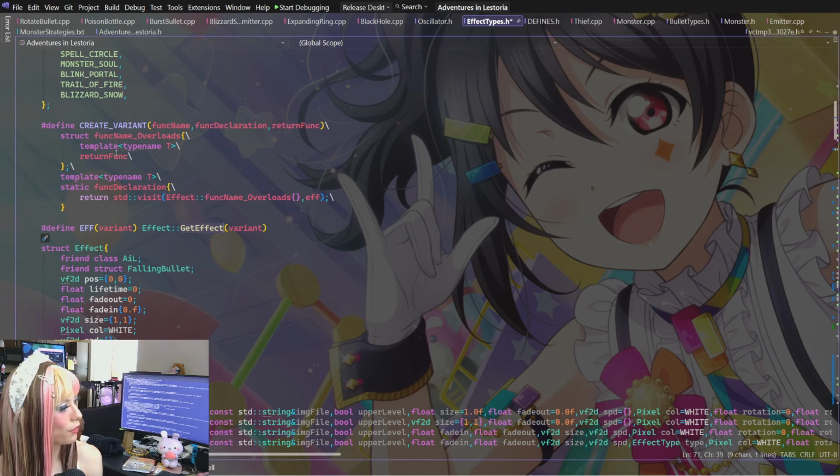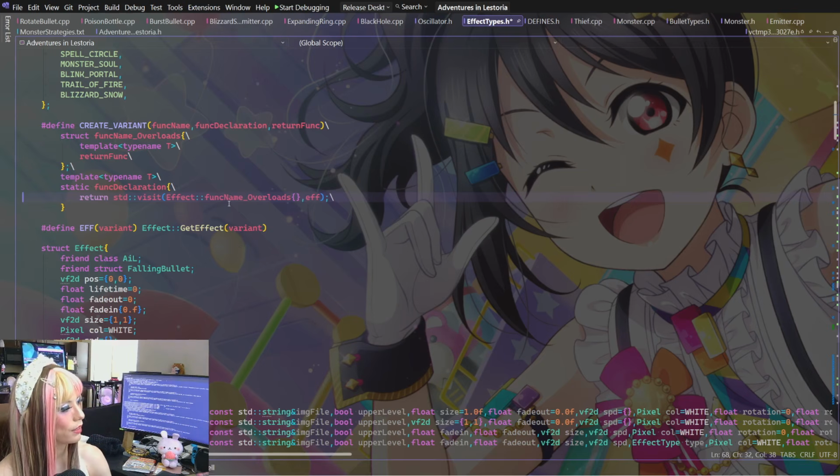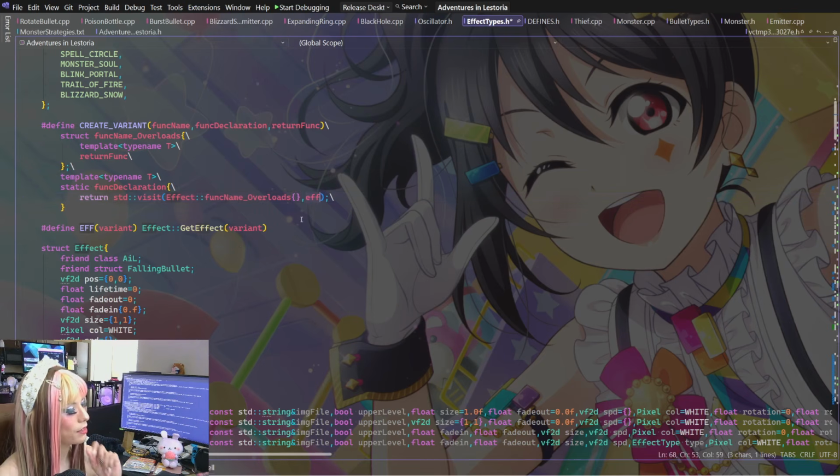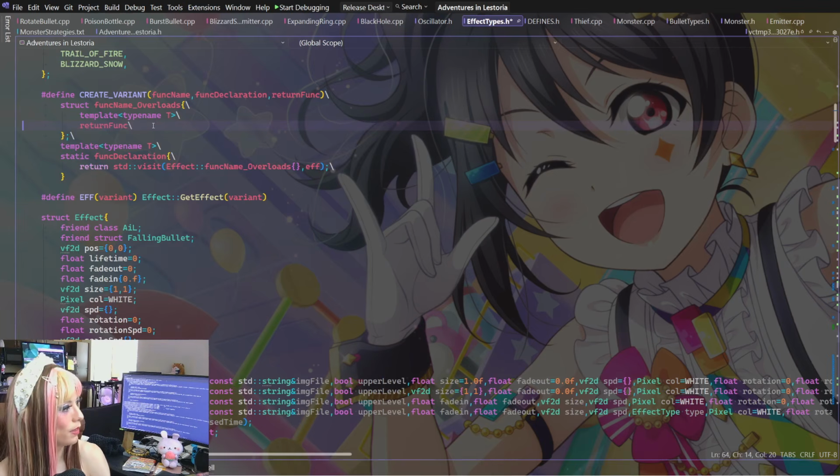Get effect overloads, and this is get effect: std::visit, effect, get effect overloads, comma, effect. So that would be the std::visit, which should match what's in here, and will then return that as the object, which is supposed to be an effect reference. It's like it's just not matching it.